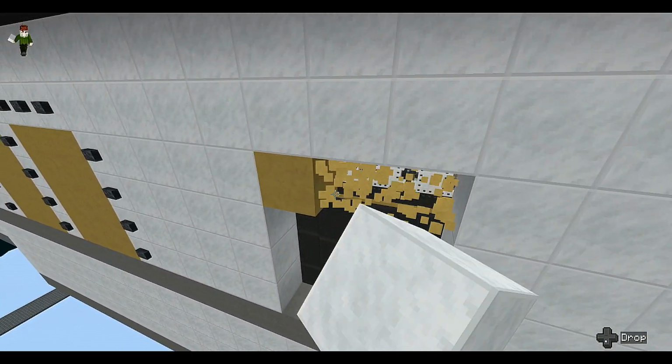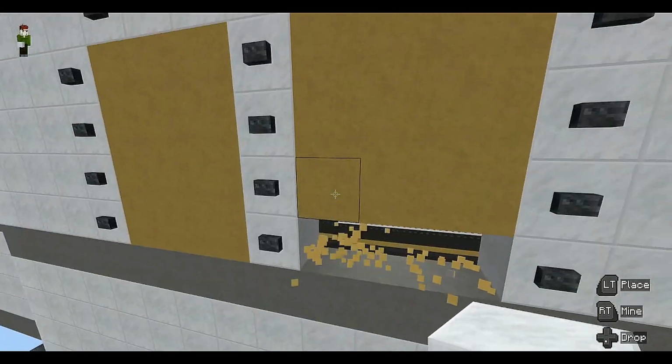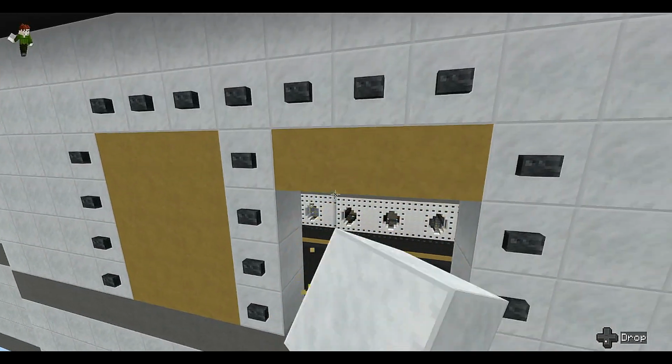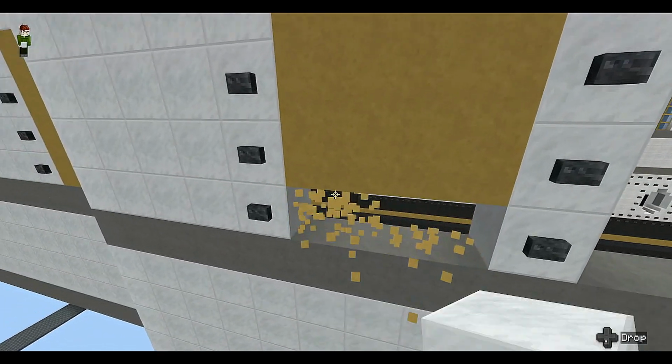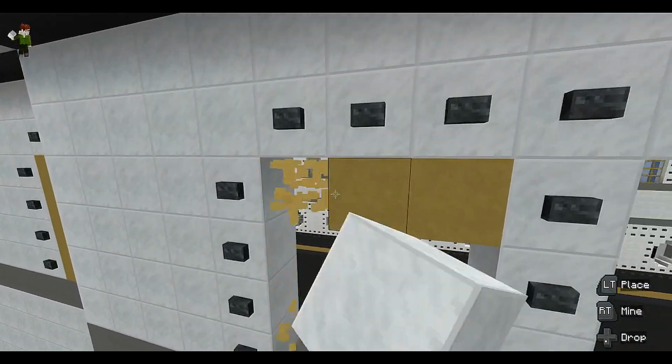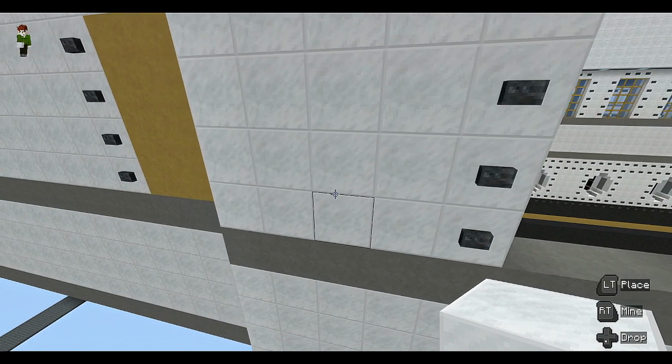go up in 4, and then another gap of 5, remove 3, go up in 4, but then it's just a singular block, remove 3, okay, and that should leave a gap of 5 again, so that's 1, 2, 3, 4, 5, so you should